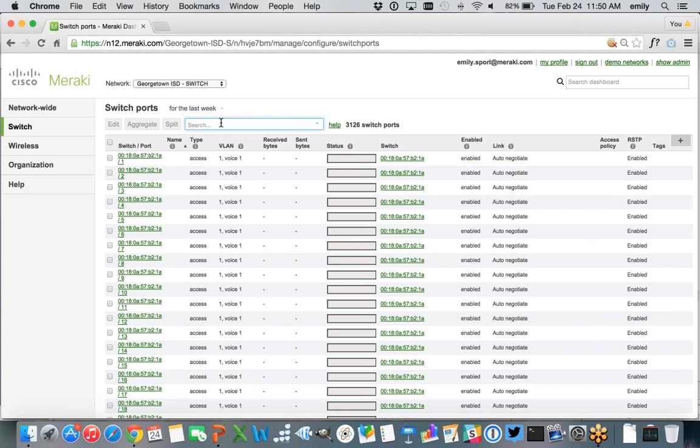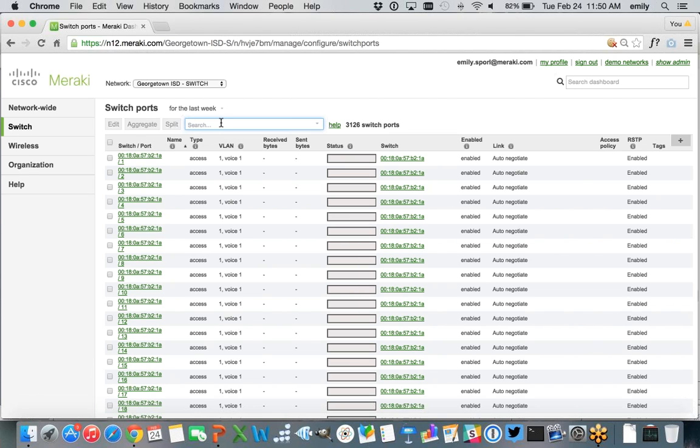We have this concept that leverages the cloud. It's unique to Meraki, and it makes managing switches incredibly easy and incredibly powerful, and we call it virtual stacking. So what do I mean by that? It means that basically you can select switch ports, again, regardless of where they are physically housed, regardless of what model switch we're talking about, and then configure them en masse.